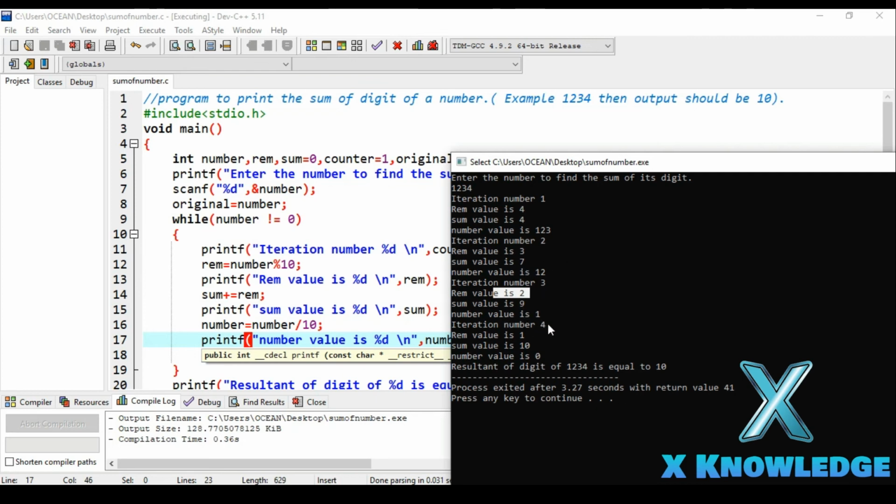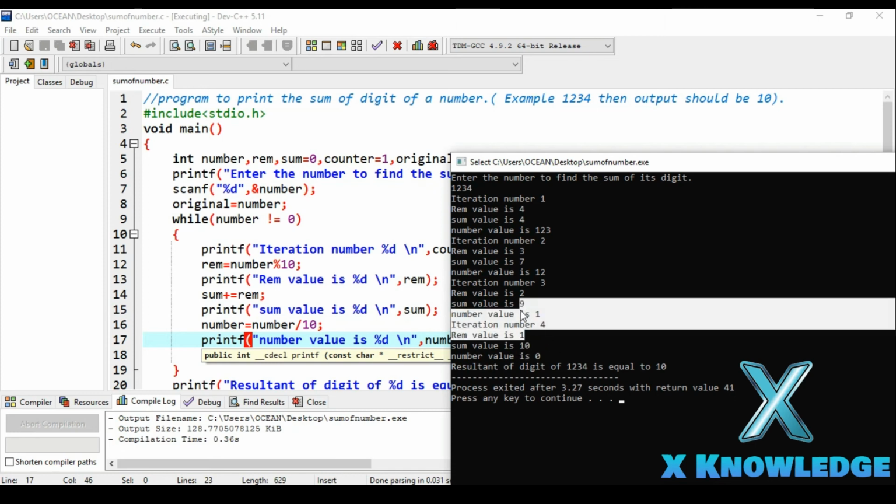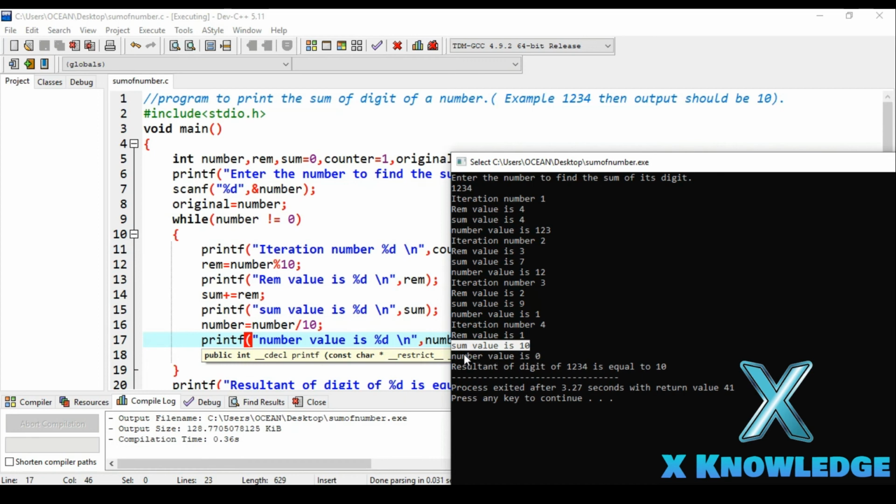And in the fourth iteration, now the num value is 1. Watch out for this. Num value is 1. So 1 divided by 10, if you divide 1 by 10, the remainder will be 1. The remainder is 1 because 1 is not divisible by 10. So 1 plus 9 will be 10. So the sum value is 10. And now the num value will be 0 because 1 divided by 10 has no quotient, only remainder. So only remainder came up and no quotient came up.